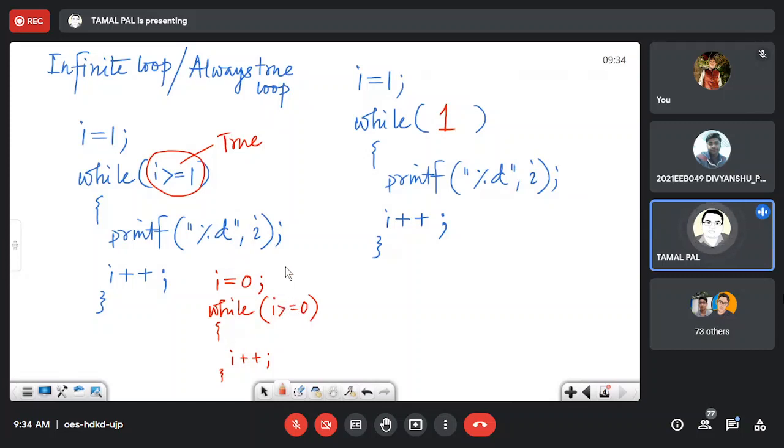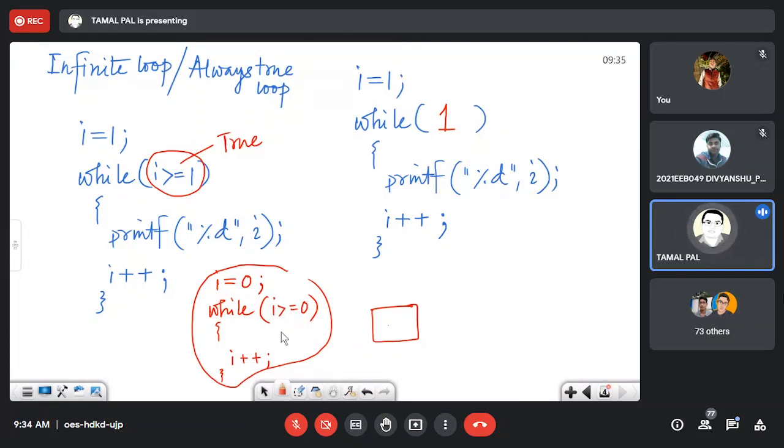But mind it, it will not print up to infinity either, because later, at a very advanced stage, you will learn that a variable has some range. If I declare an integer variable, then when it gets past that range, it becomes a negative number. So after some time I increments, and when it gets past that range, it becomes a negative value.